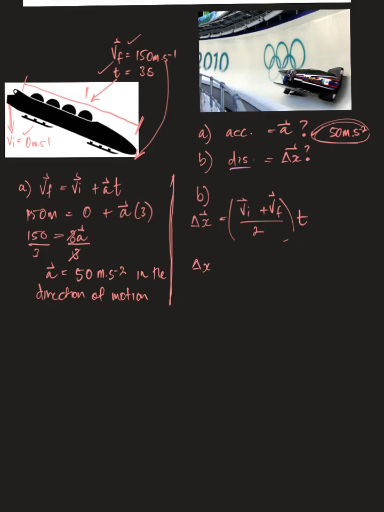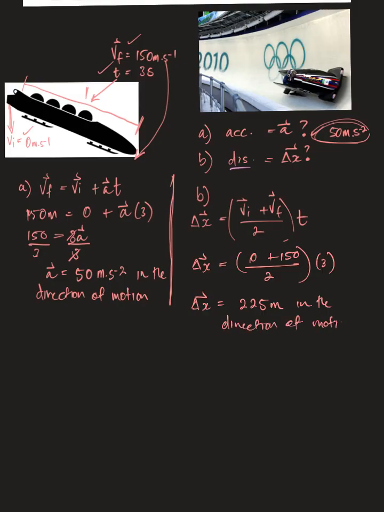So I don't know my delta x value. I know my V initial was 0. I know my V final was 150. I know that my time was 3 seconds. So I can just put all of that into my calculator. And I'm going to get 150 divided by 2 times 3. So that's going to give me 225 meters in the direction